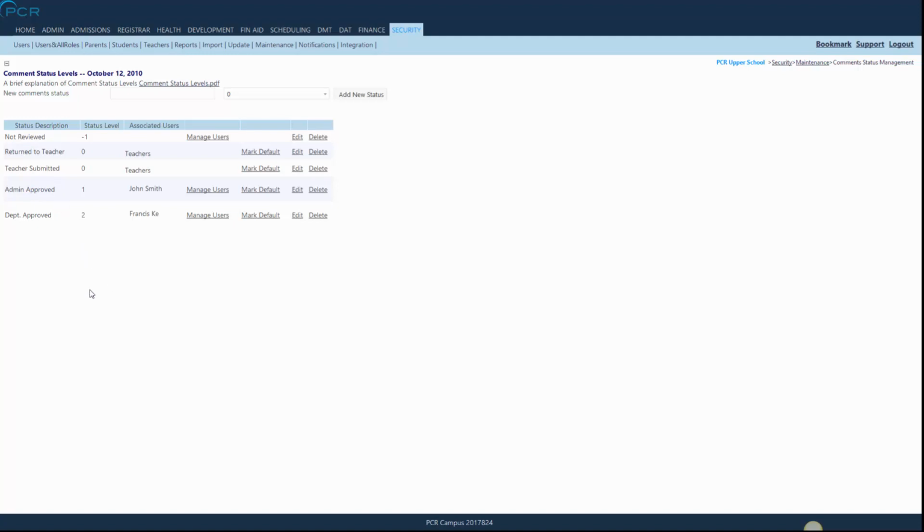to the next level. In my example, once the teachers have submitted their comments and they have been reviewed, there's a first level of administrator who would go in and approve the comment. In my example, I have assigned John Smith to do that. You can assign either one person to mark it as approved, or you can have many different people that can mark comments as approved. In this example, once John Smith approves a comment, he'll mark it as admin approved,